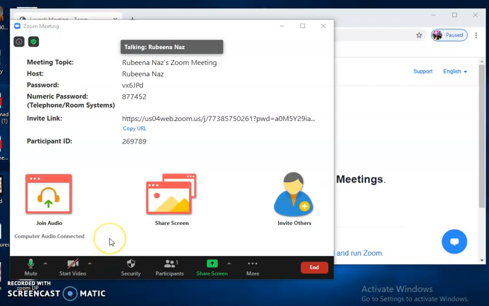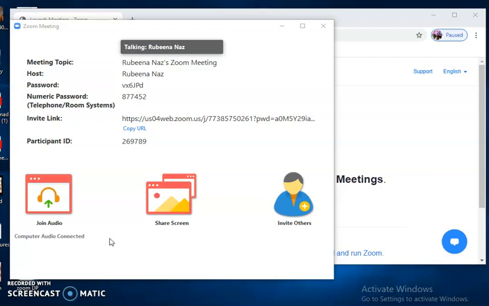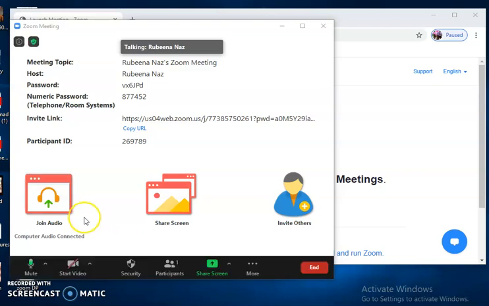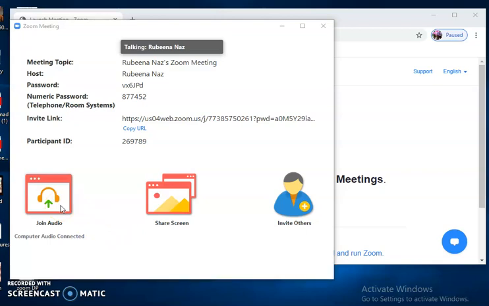Okay, this page has been opened. This is the home page of Zoom. Let me explain one thing. Many students are facing the problem that, teacher, our voice is not audible, or I can hear your voice but my voice is not okay, or the voice is breaking, or whatever problem you are facing about audio, or your voice is not audible.